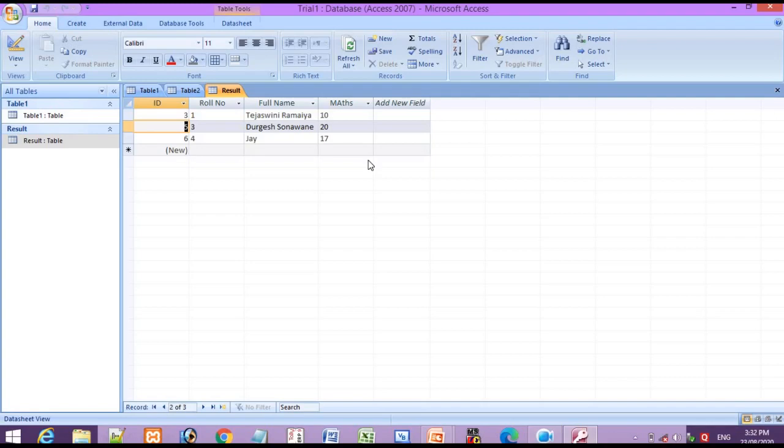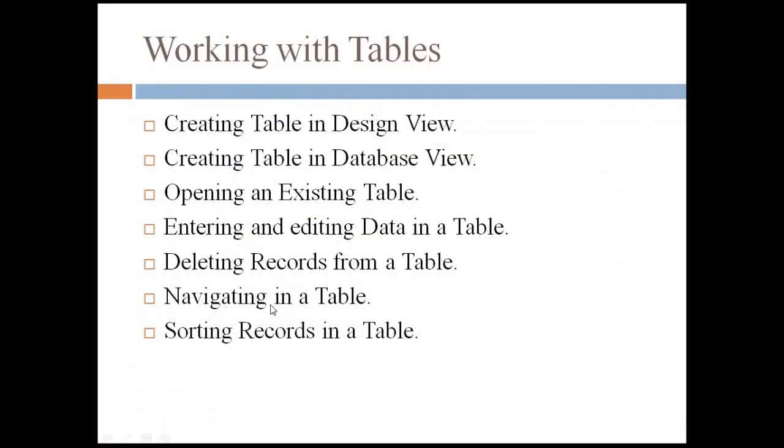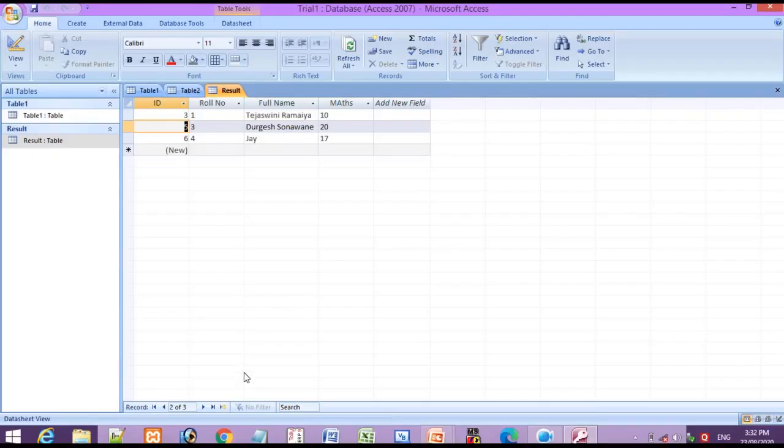Now, in the same way, if you want to navigate in a table, just like we have navigation keys for going left, right, top, bottom, similarly if you want to navigate in your table, here are the navigation keys. This one is the current record number. This key is used to move to the last record. If you want to move to the last record, you can see that as I clicked here, we have moved to the last record.